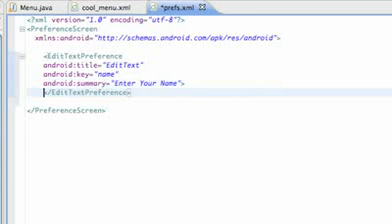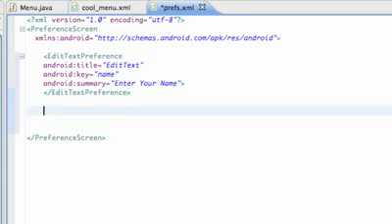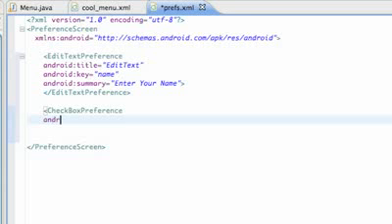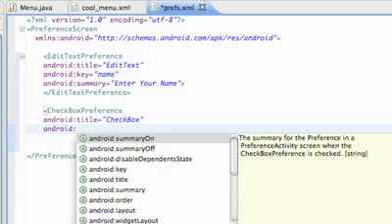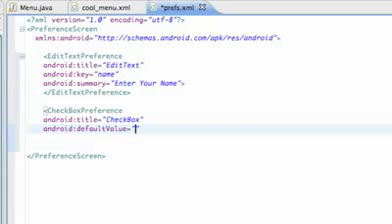Let's set up a new one. So let's go still within our preference overall thing, and then set up a checkbox. It's checkbox preference, and we're going to say again Android title checkbox, and Android, we can set this checkbox to be checked when it starts or unchecked. So we're going to say default value, which is what it's going to start as, and we can either set this to true or false. So we're going to say true,